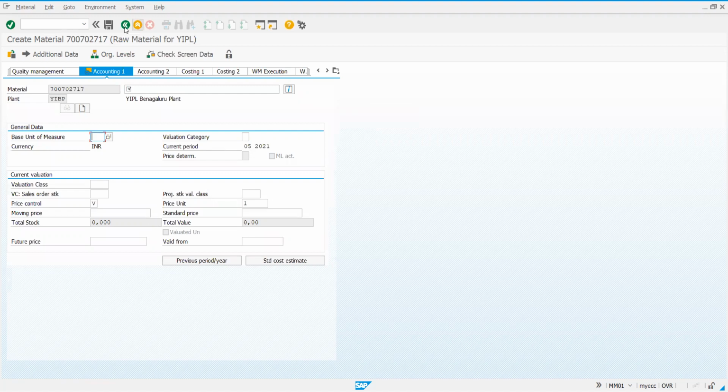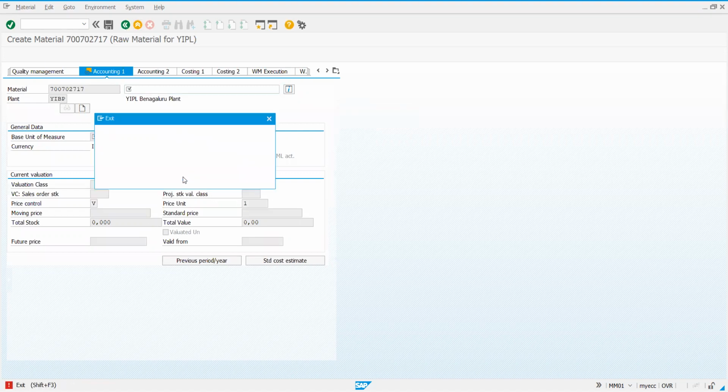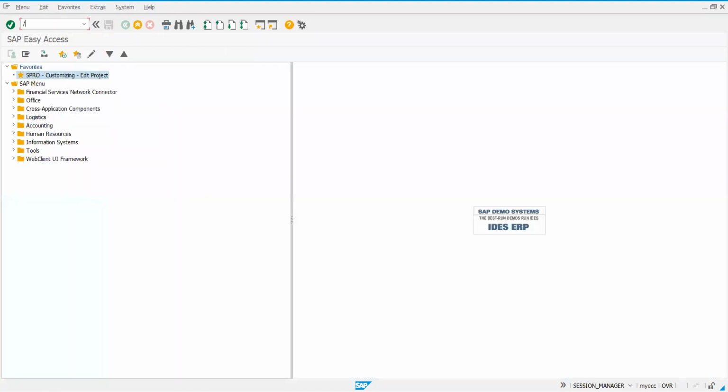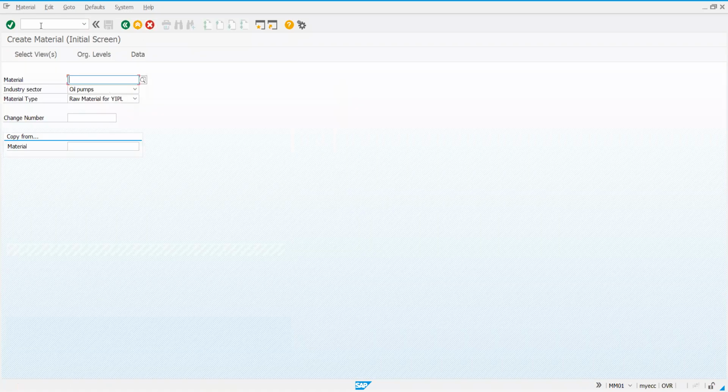I think it's a different material. I'll just redo this. Can you just give me the material number? 702-716.